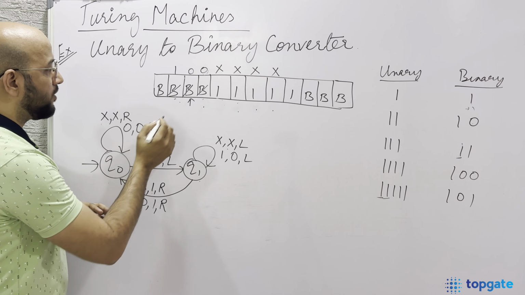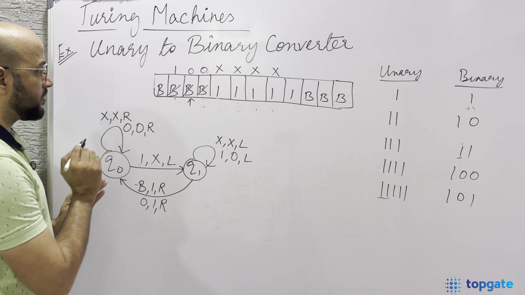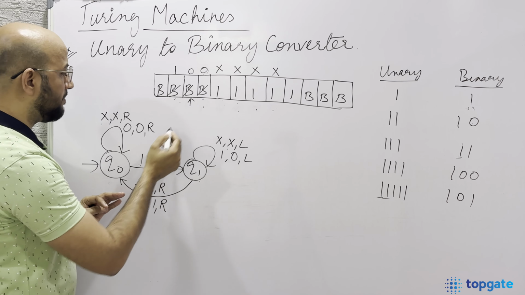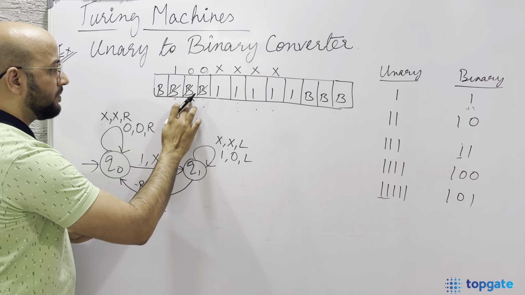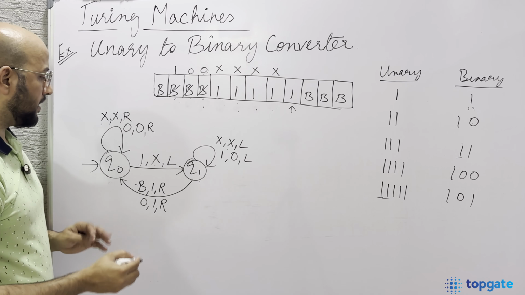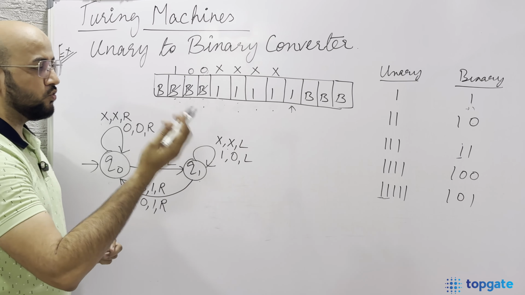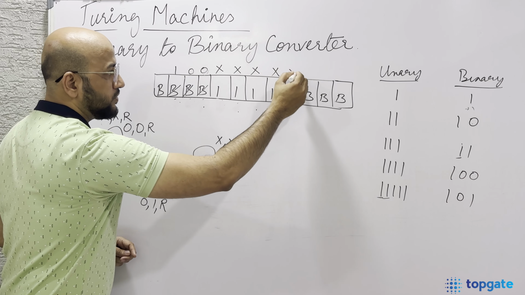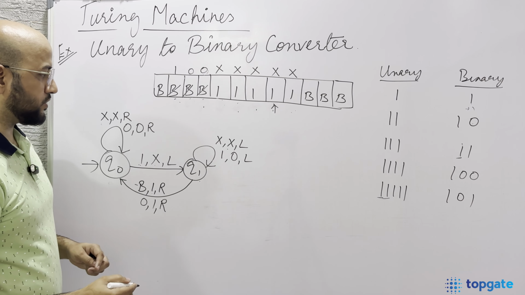Right now I am at 0 and at q naught, the machine says that 0 should be skipped. So all these zeros will be skipped. Then it says x should be skipped. So all these x will also be skipped and the pointer will point on to this 1 now. And now at q naught, the machine knows that 1 should be changed to x. So this 1 will be changed to x and the pointer will come on to this x now, and I'm